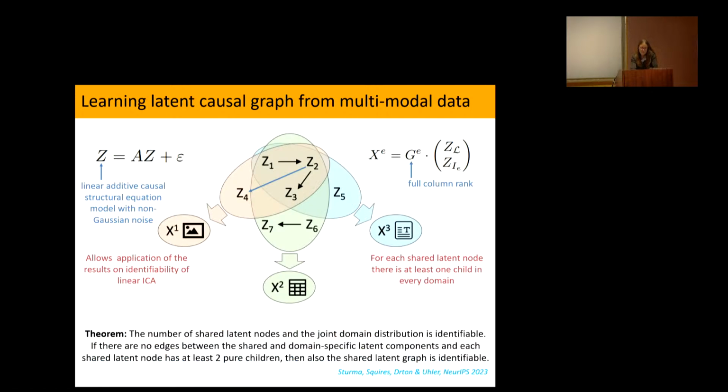Yes. I didn't talk about it, but obviously now that we have these results, we would like to apply them, and we have. So this would be images, and this would be, say, sequence information. I would like to understand what the causal variables are that are shared. What is the information between two very different modalities that is actually shared between them? And what are the variables that are modality specific, that I can only see in an image or only see in sequence? That's exactly what we did. So yes, you can go from here to understanding what is in here and what is in here.